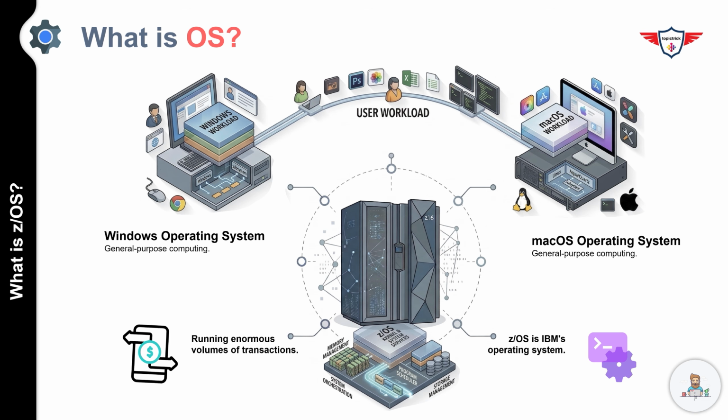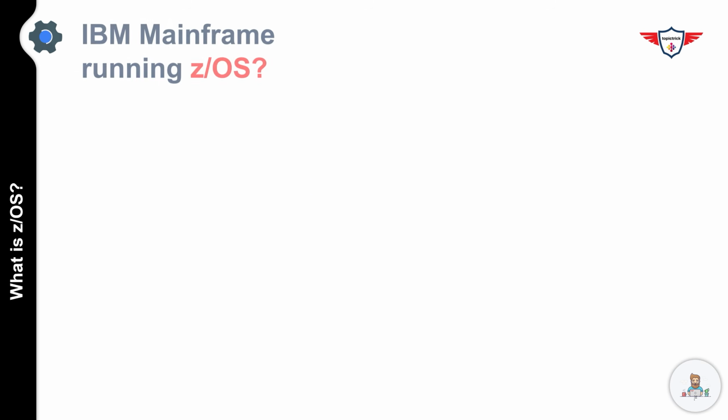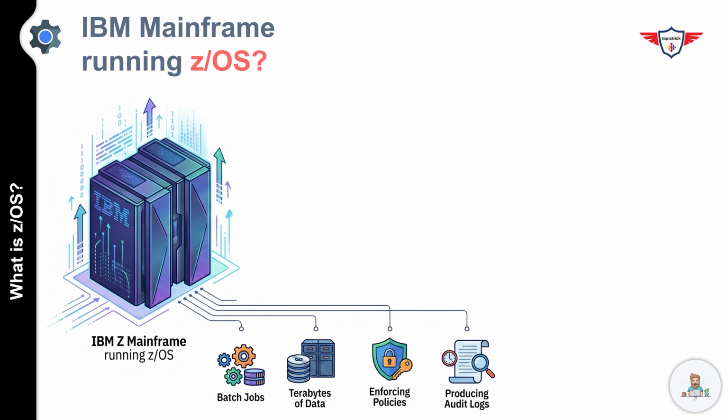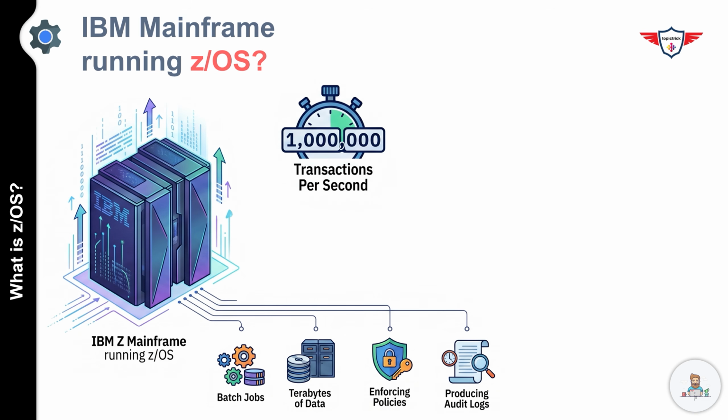Now the next important question in your mind is, how is z/OS different from other operating systems, for example Windows, Linux, or any other operating system in the market? Well, the answer is pretty simple. The z/OS operating system was designed for IBM Z series mainframe computers. It was not designed for general purpose computing. It was designed for a very specific use case, that is, running a high volume of transactions simultaneously, reliably, with zero downtime. Now, let me give you a sense of what that means in practice.